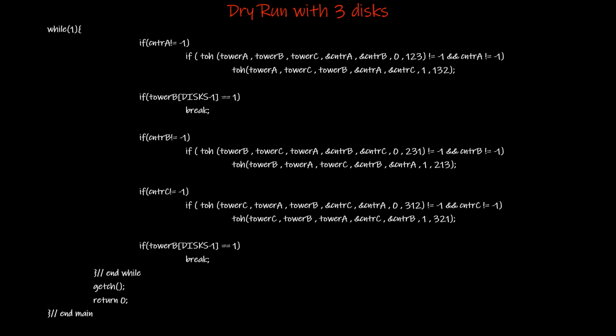So back in the main function, we check the values with this particular condition. Is B having 1 at the topmost position? The answer is no, so we skip this statement, and the while loop is executed again. We come to the if condition. We check the value of A. Is A having some value? Yes, A was having value 1, so it is not empty, the condition is true. We come to this particular function call. So the function call is made with tower A as source and tower B as destination.